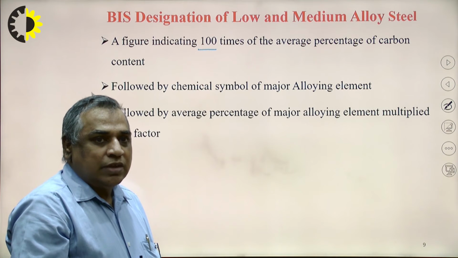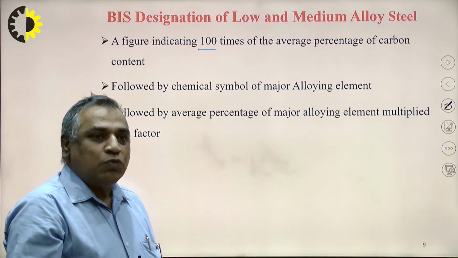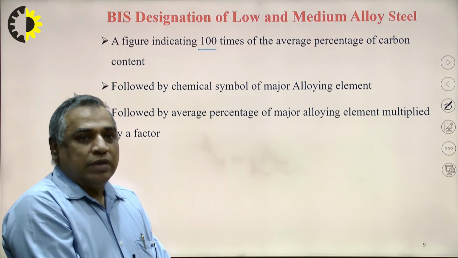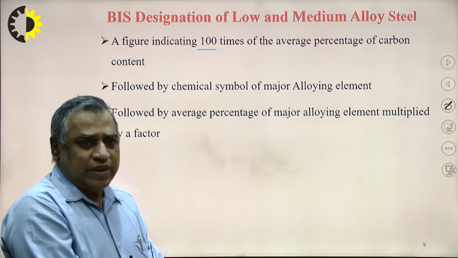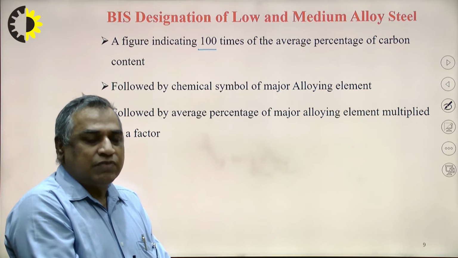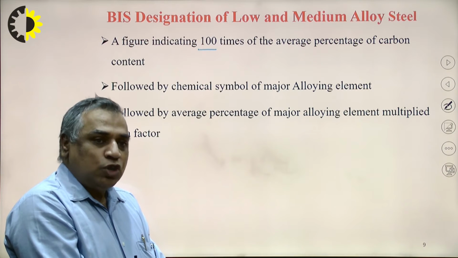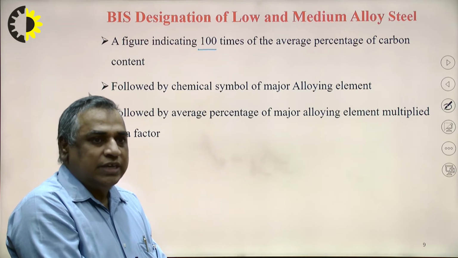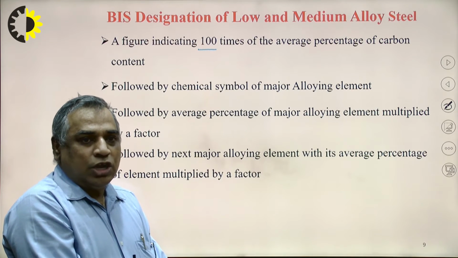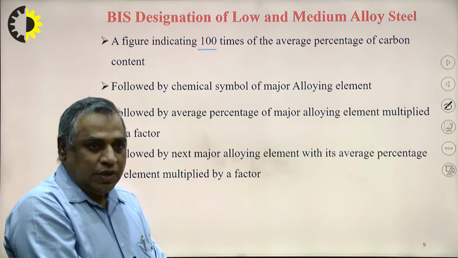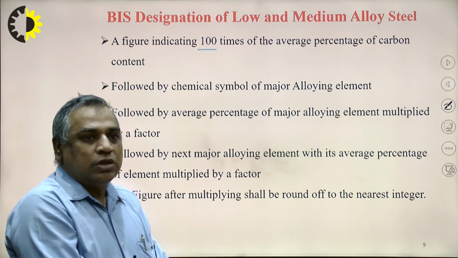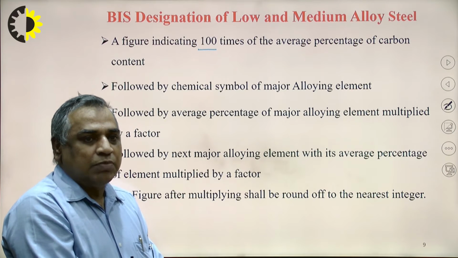Then the symbol of the major alloying element will be followed by a figure which is multiplied by a factor, and after multiplication must be rounded off to the nearest integer, followed by the next major alloying element with its average percentage multiplied by a factor, and all these average percentage figures after multiplying shall be rounded